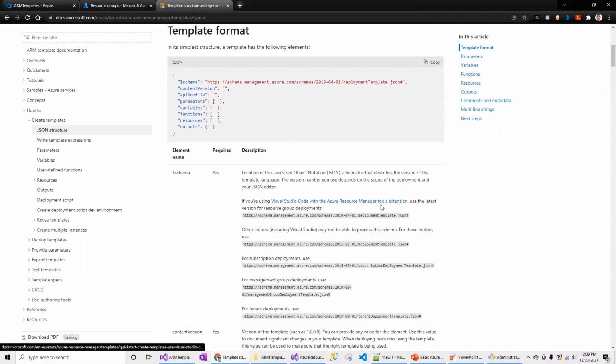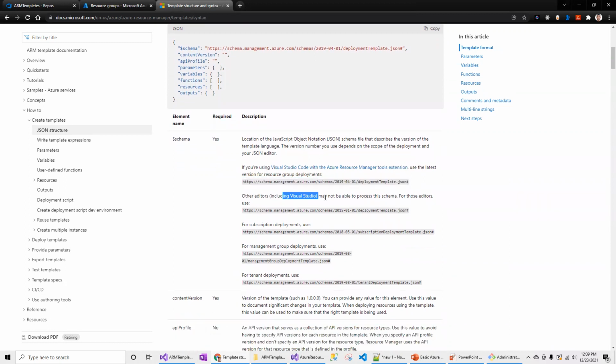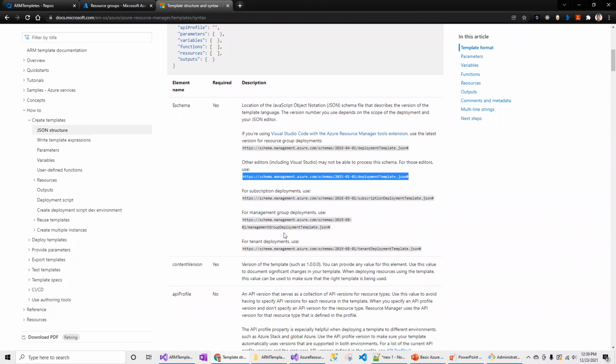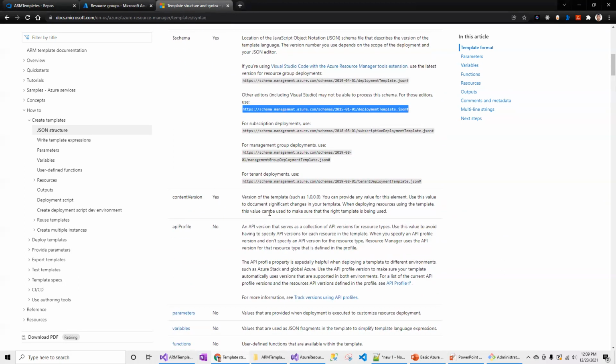I think this is the latest version, and you should always think of using the latest version. Other editors like Visual Studio may not be able to process this schema, and for those editors, use this. There are some instructions given for what schema needs to be used for each scenario. And you will also see the current version.